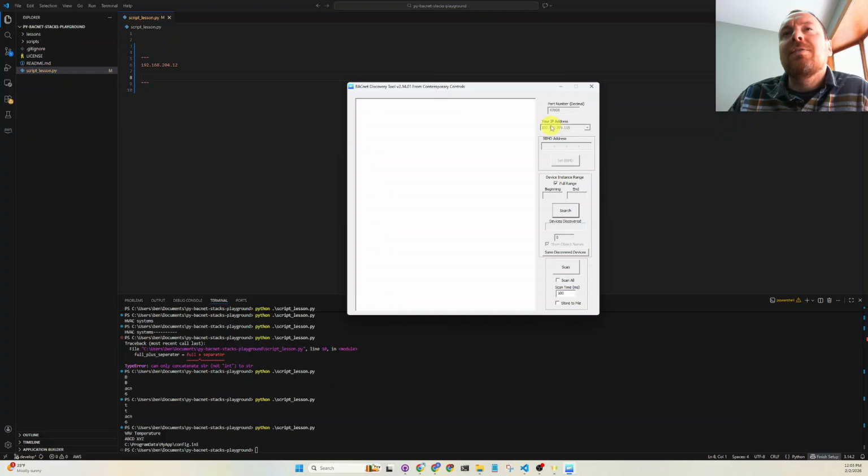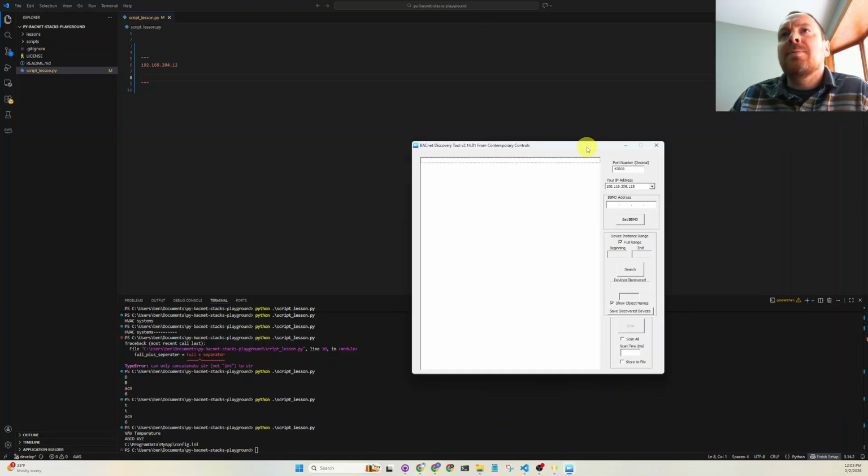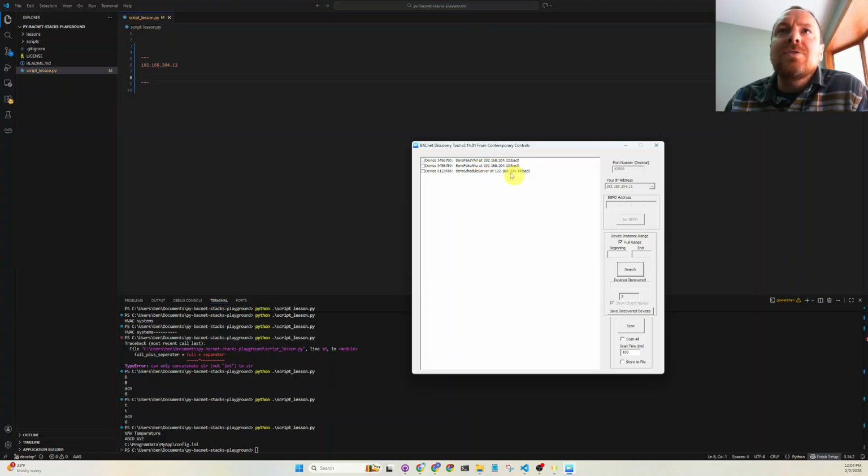Shoot, I forgot to select the proper IP address for my local area network. So I have to close and reopen it. So this is my local area network for this Windows PC I'm doing this tutorial on. So I selected the right NIC card for my host computer, and then this tool is going to send out a BACnet Who-Is to my test bench, to my 3 Raspberry Pis running fake points, and then if everything is working properly,